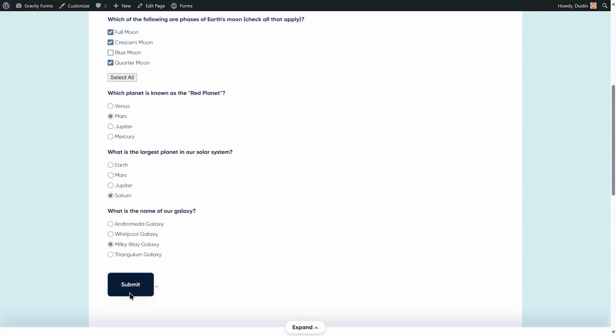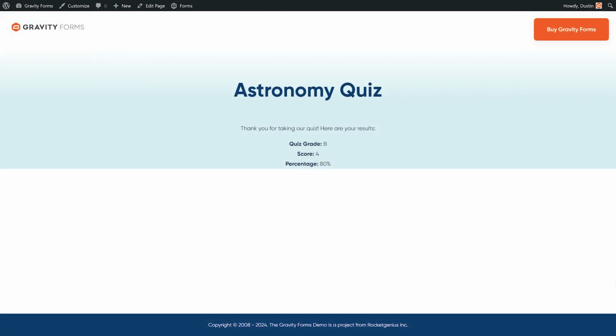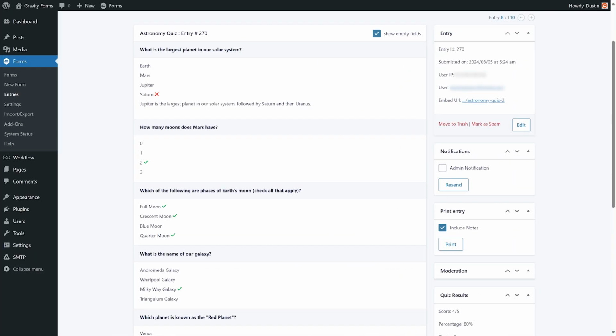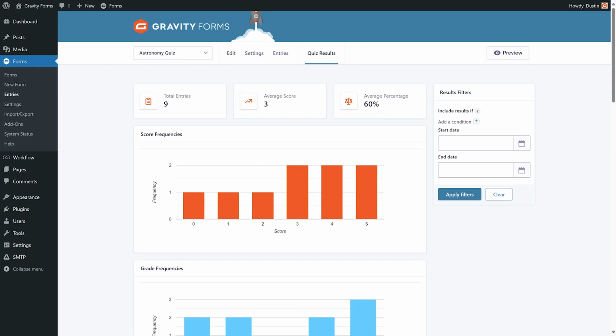Now, whenever a user takes my quiz, they'll be assigned a letter grade based on how many questions they answered correctly. Furthermore, I can look at their form entry to see how they answered the quiz, as well as which answers were correct and incorrect. I can also access the quiz results to see the total entries, average score, and average